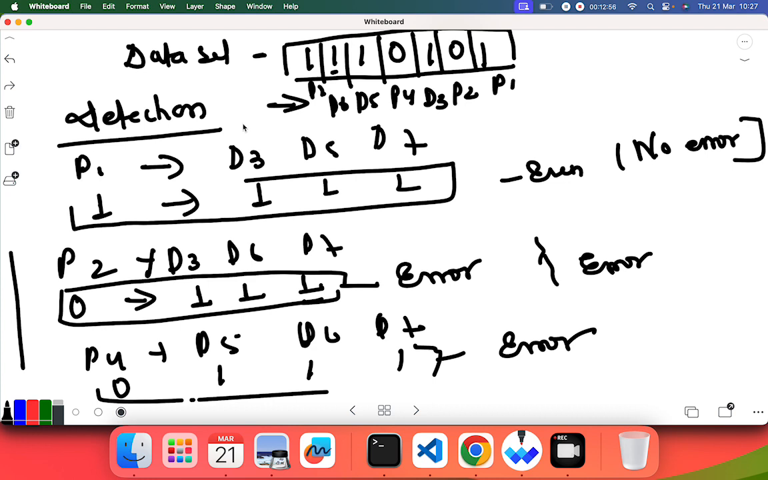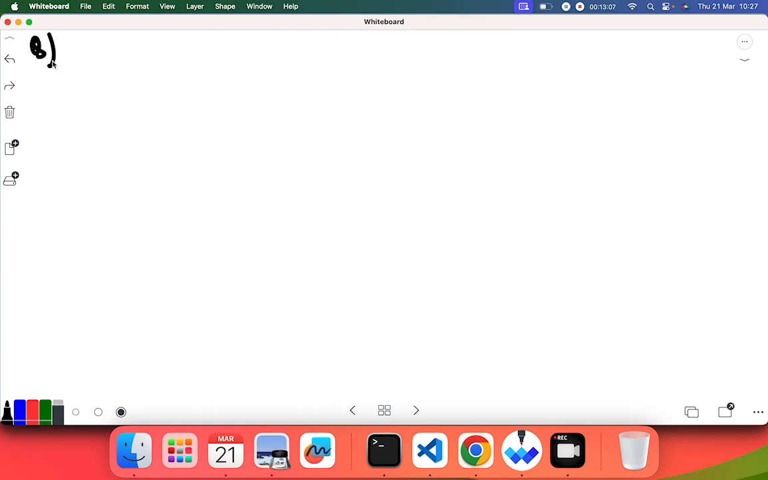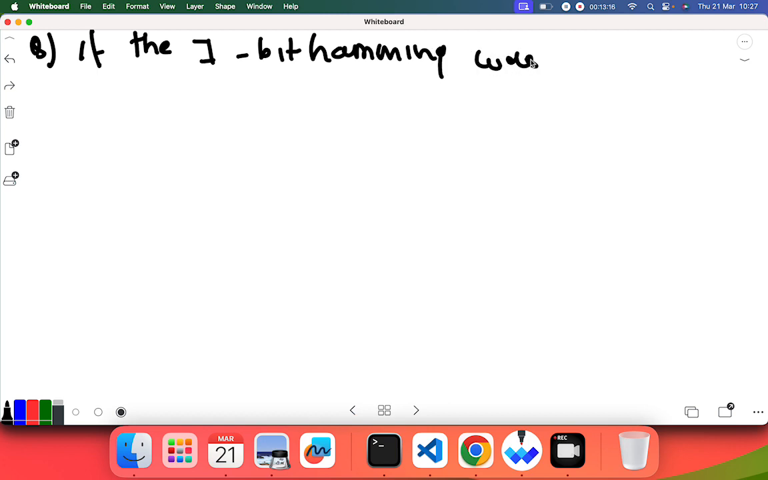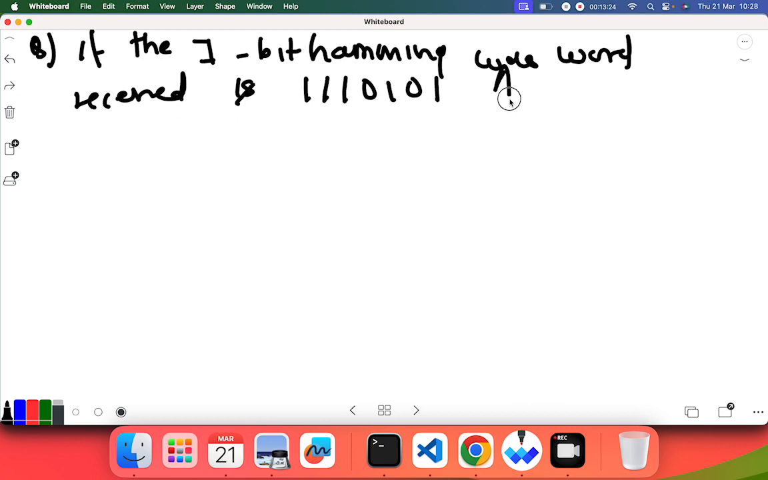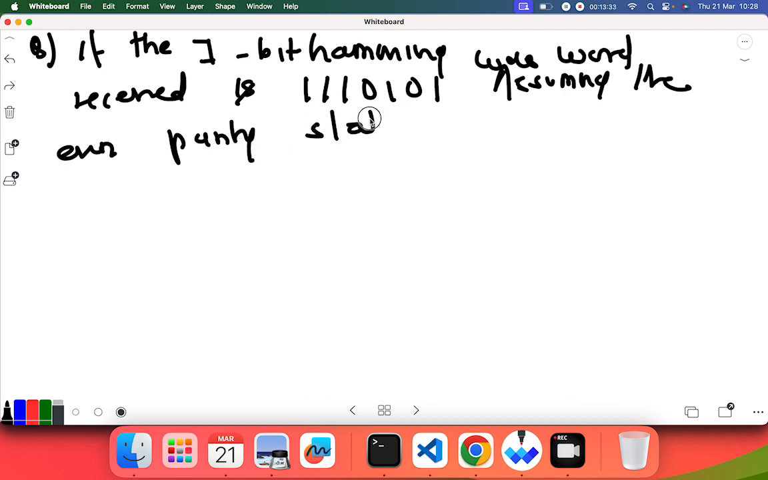Now let us go to the portion where we are going to correct the error. Okay, so now let me make a question, the same question. So I'll be sending the same data. So the question is, if the 7-bit Hamming code word received is 1110101, assuming the even parity state,